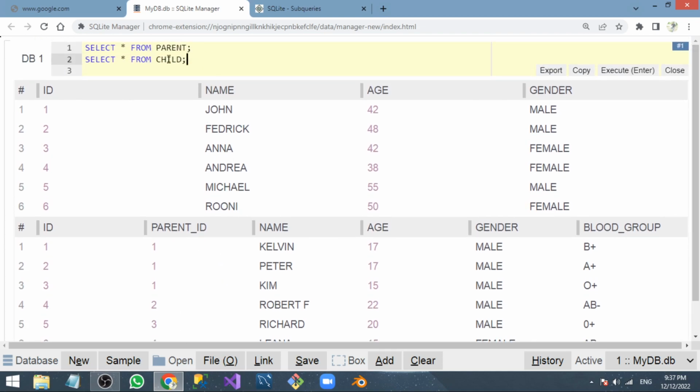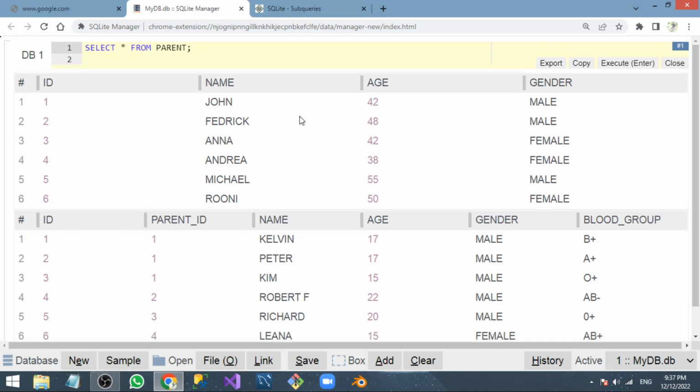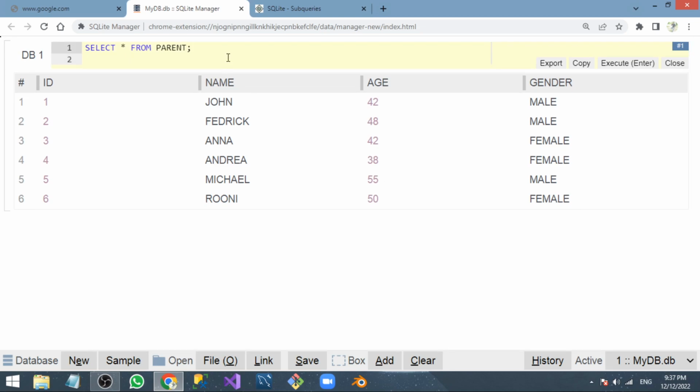So now we are going to use only parent table. So the first method, the function is count. So if you want to get the count, the number of rows from the table, so you can write query like this: